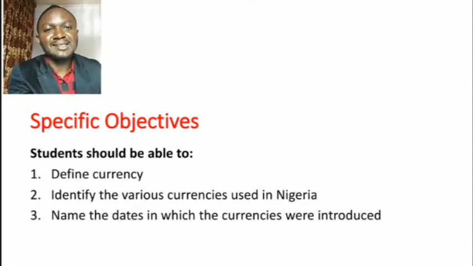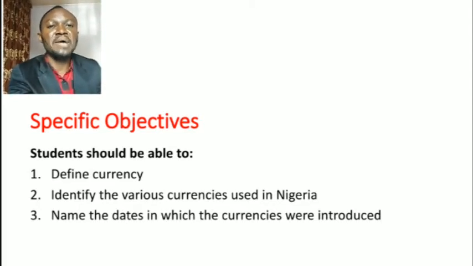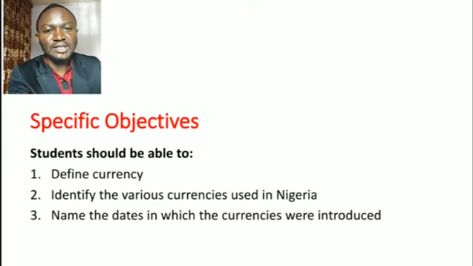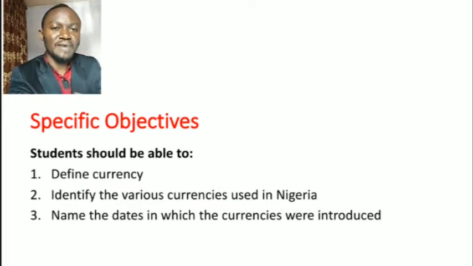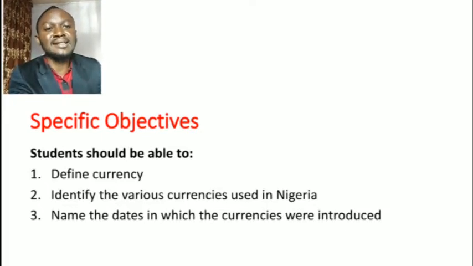Today we'll be looking at the second phase, and on the basis of the objectives, we said that students should be able to define currency, identify the various currencies used in Nigeria over time, then name the dates in which